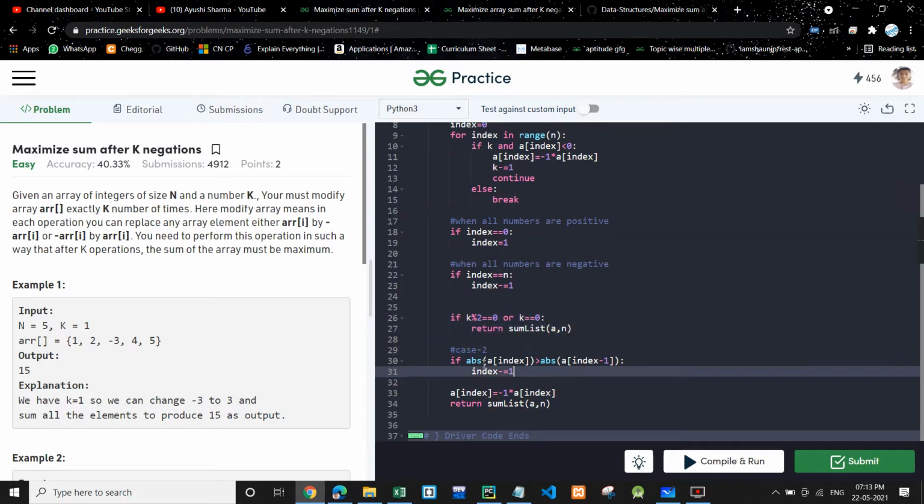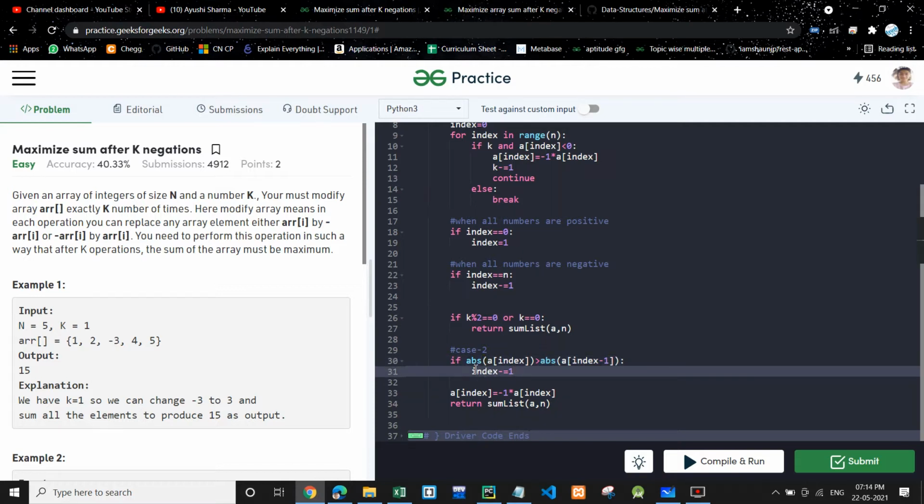Or then you need to check, if it is not even, it means it's odd, right? So it will come over here, and then you will check if the absolute value of a of index is greater than a of index minus 1, meaning the value at index minus 1 is smaller.